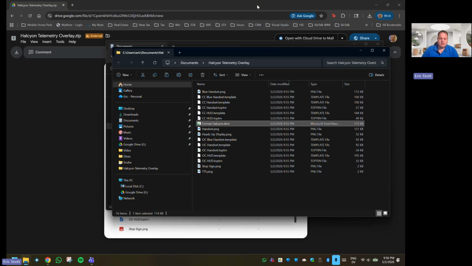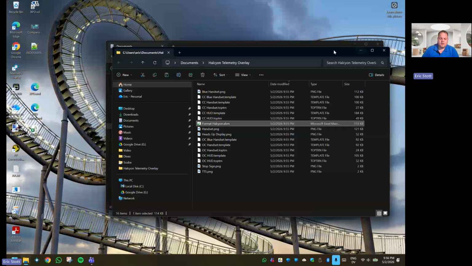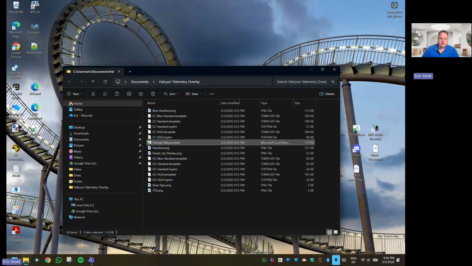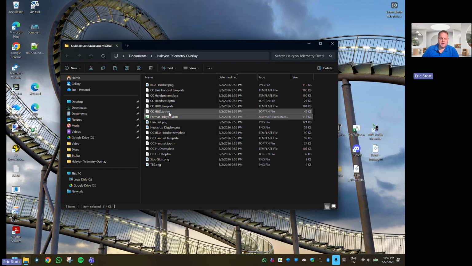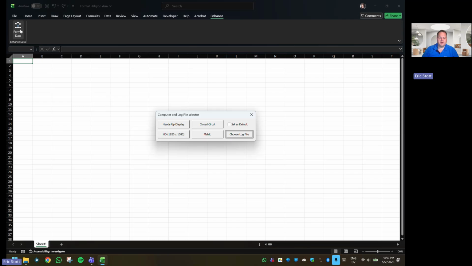So we'll close this window, close the Documents folder, and open the Halcyon Telemetry Overlay folder. We go Format Halcyon, and over in the top right hand side is the Enhance. Click on Format Data, and this dialog allows us to choose the type of computer, type of dive we did,